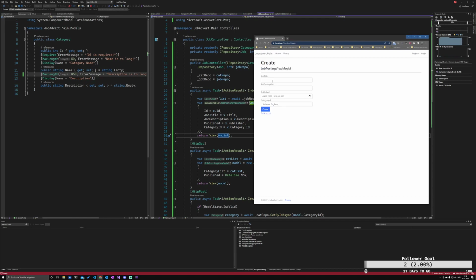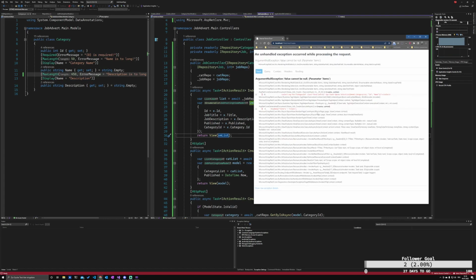We can now create a new job title. Let's say C# dev. Then the job description, create and maintain our software. The published is today, it's software engineer, and then create. And we have